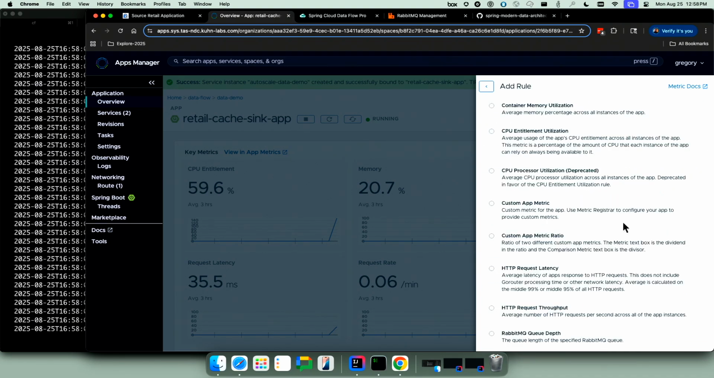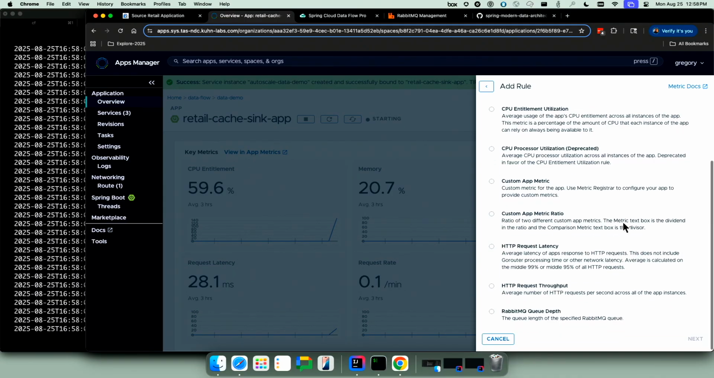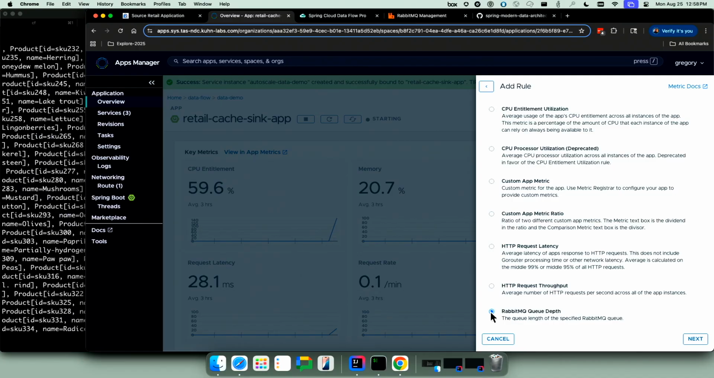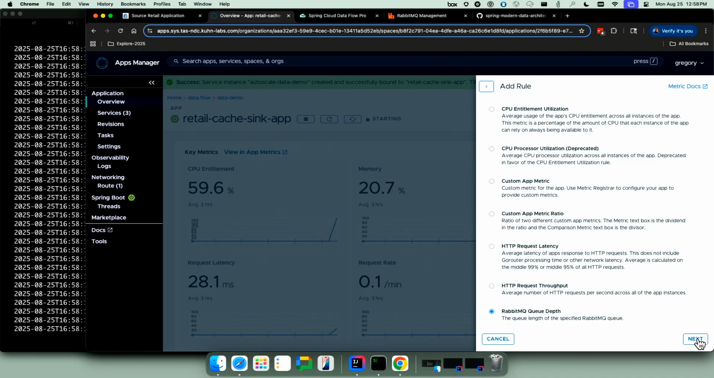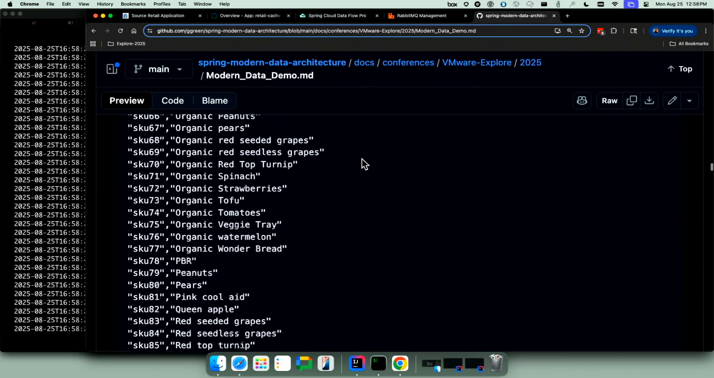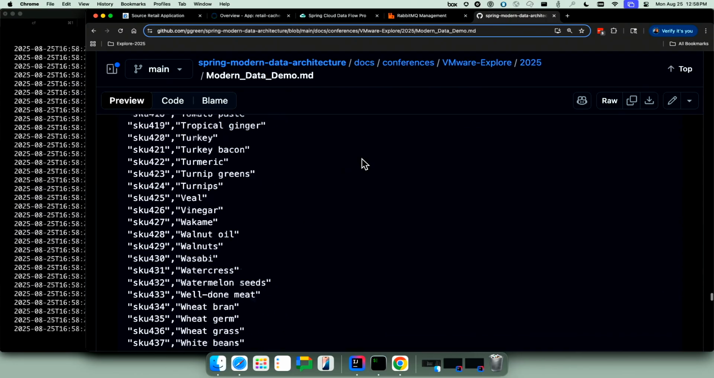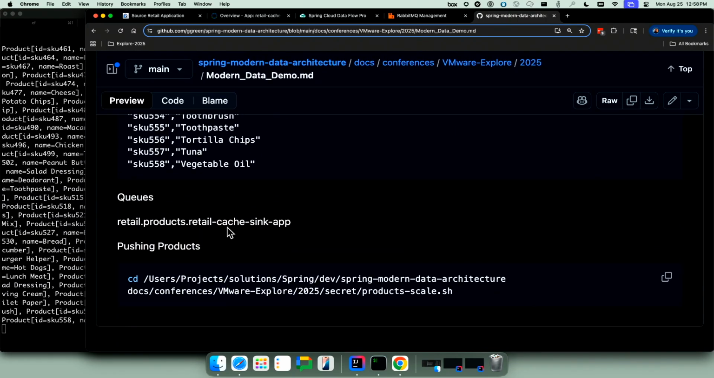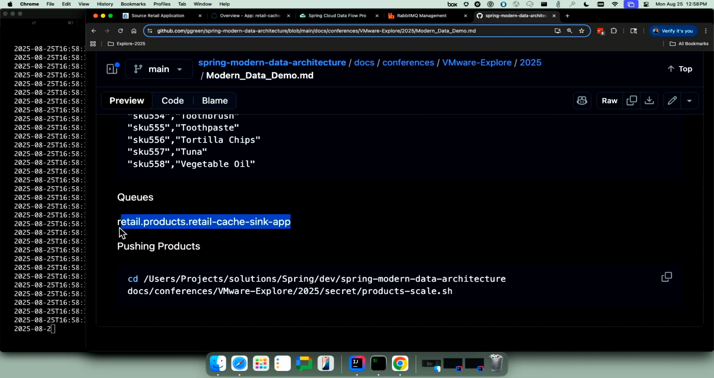I can add a rule so I can scale based on how much memory is being used, CPU being used, and so on and so forth. But also, this knows that it's using RabbitMQ under the covers. So I can scale based on how many messages are in the queue. So the queue, again, that I'm using, that should be backed up is this queue. So if I copy and paste this queue name,